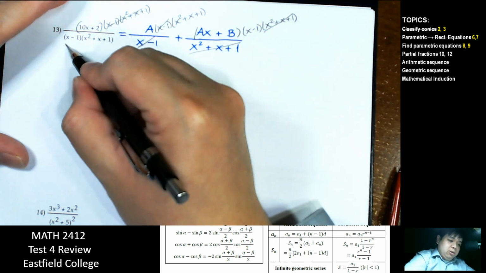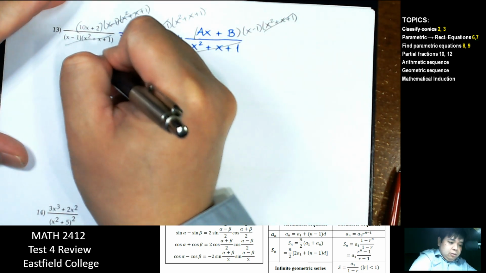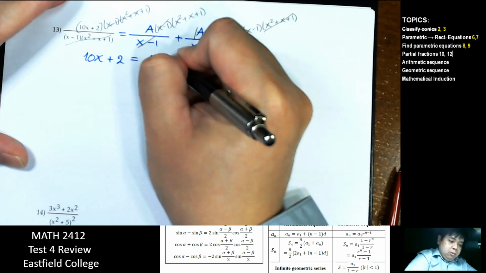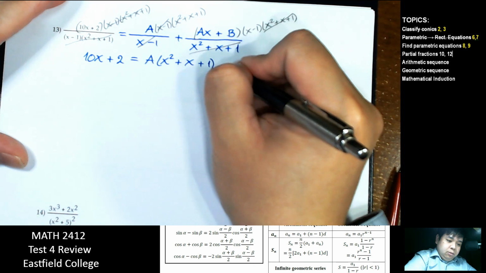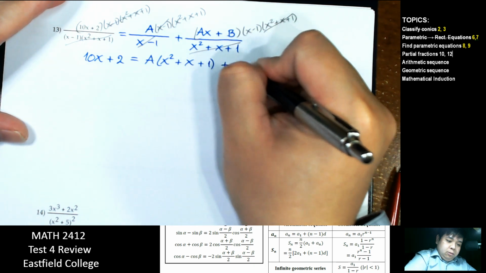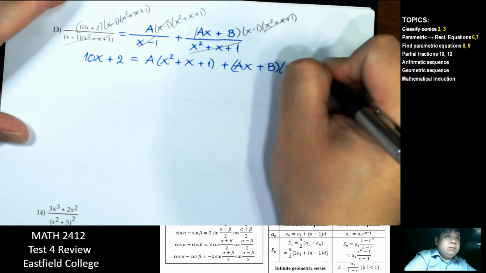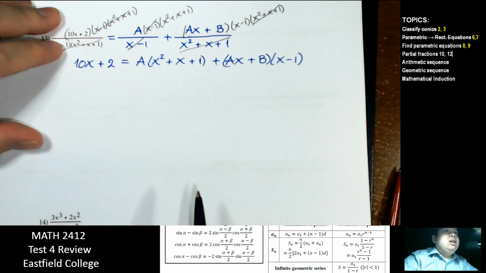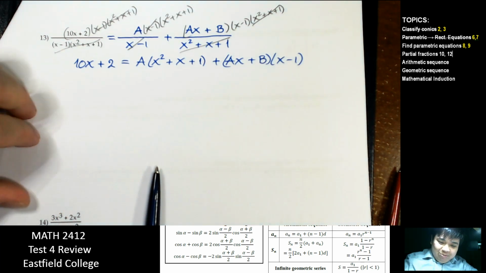And the whole thing cancels. So we have that. And then we'll just multiply it out. Combine like terms. Except, sorry,